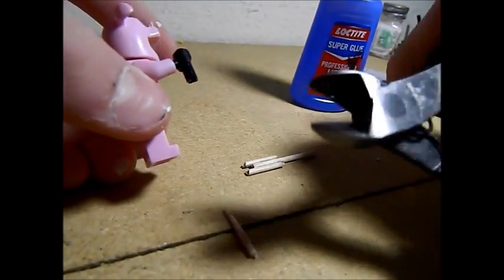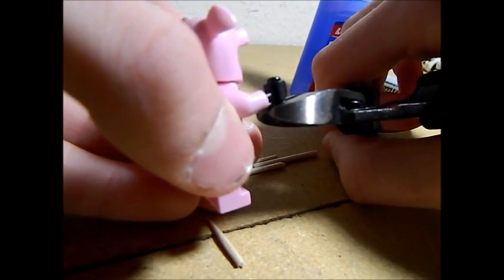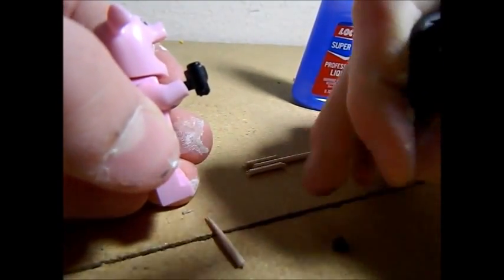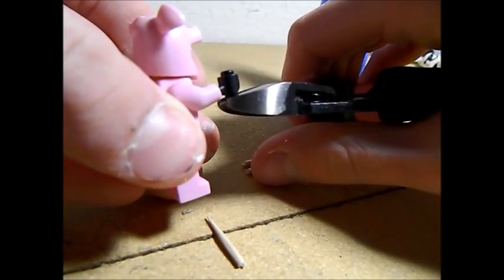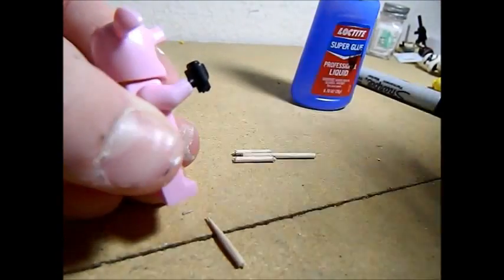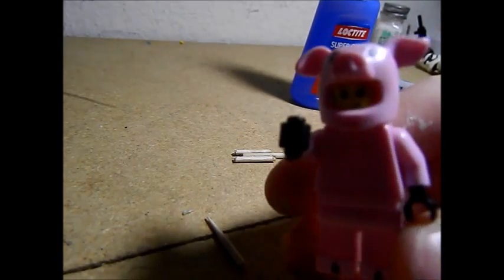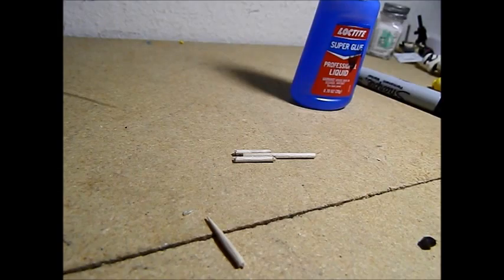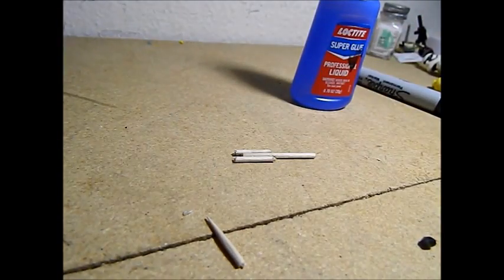So it's sticking out of the bottom of his hand a lot, so you're going to want to take some wire cutters and just cut that off. See what I did there? And you could even go a little bit shorter if you wanted to. I don't know if I'm going to go shorter with that actually. So just about that short. I don't know why I used this minifigure. He was just conveniently here, so yeah, there he is. But anyway,